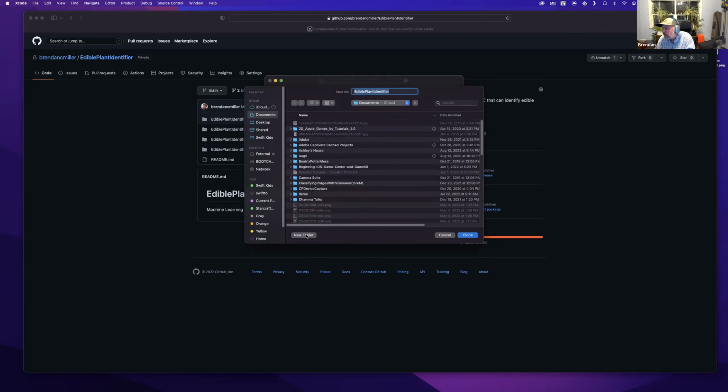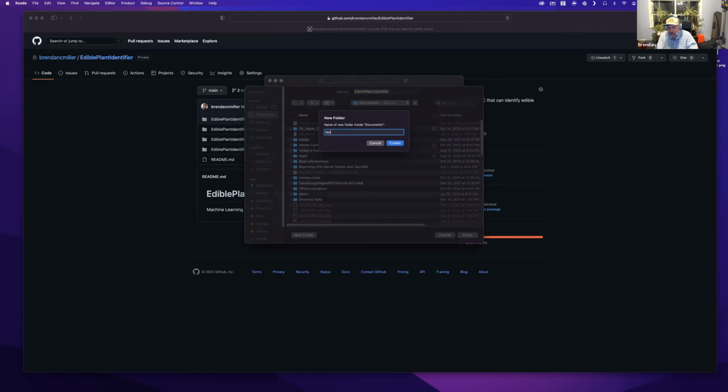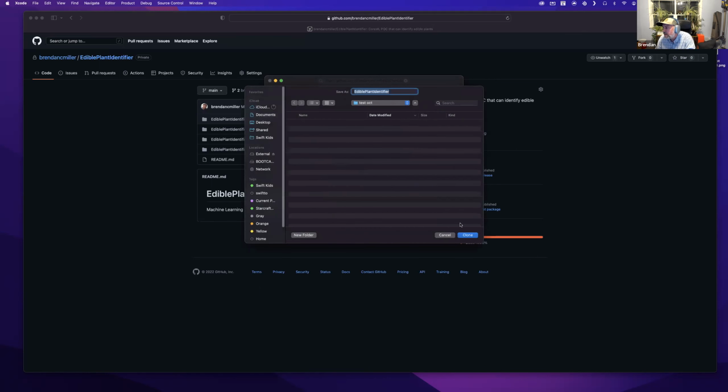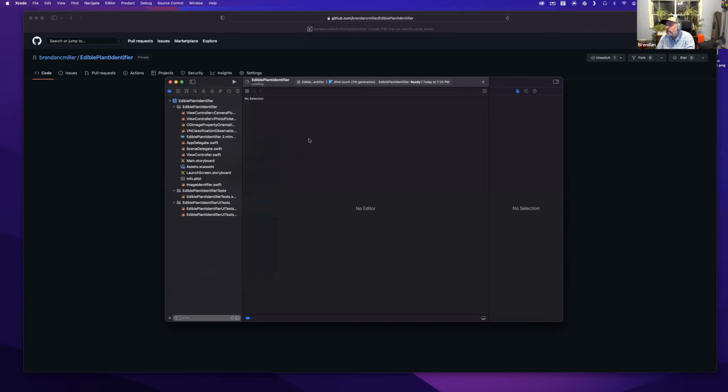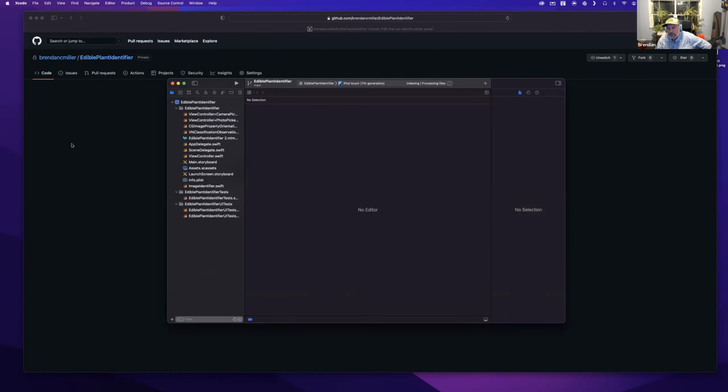Then I'll just put it somewhere in my documents folder. We'll call it test October. And we'll say create, and we'll clone it into this folder here. So there we go. We've got it cloned. Now this is that folder I created that you saw a second ago. That was your working directory. Now this is the project that I pulled directly from GitHub, but this is on my local machine.